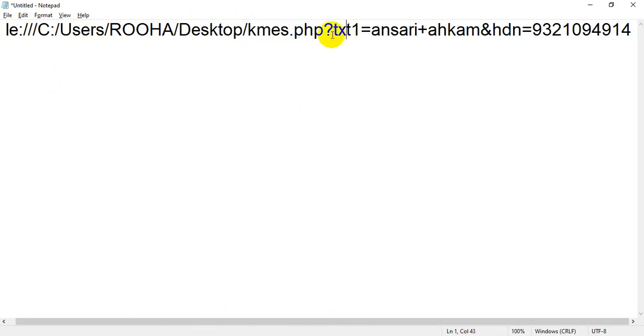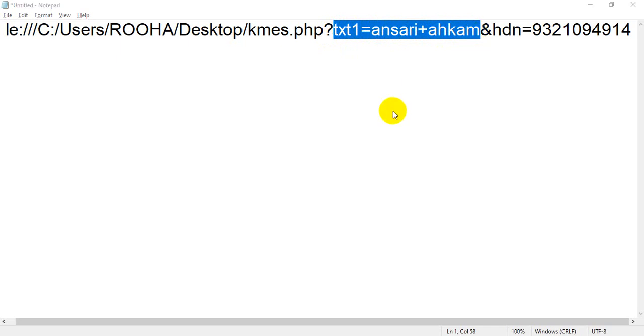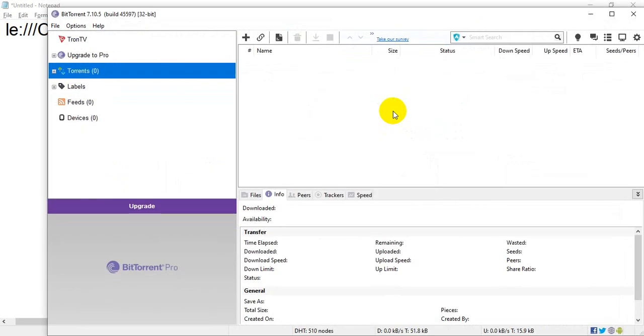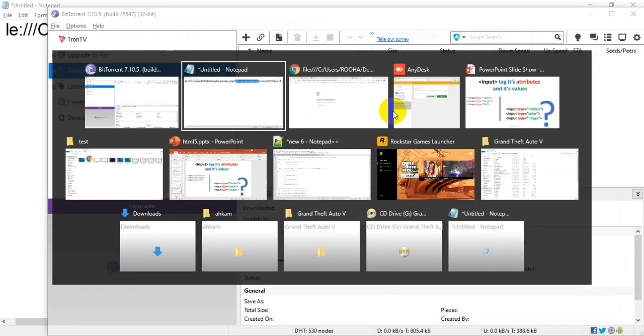So what is txt1? See, txt1 equal to Ansari plus Ahkam. What is txt1? Txt1 is nothing but our first text box, whose name is txt1.